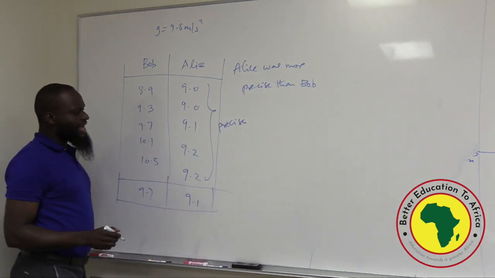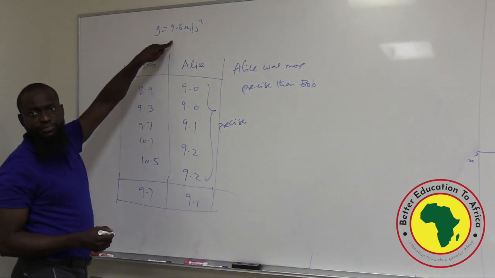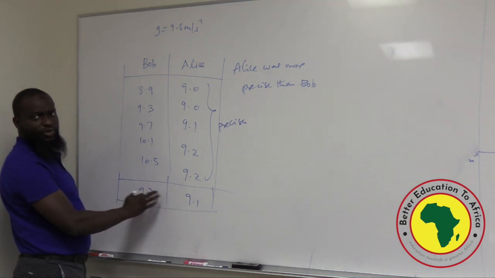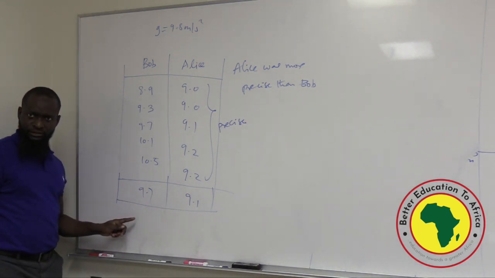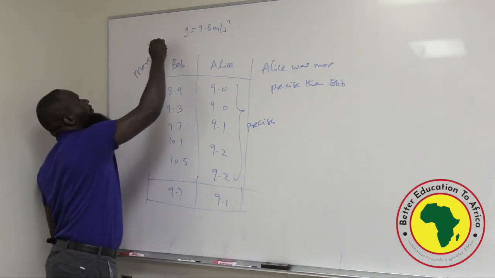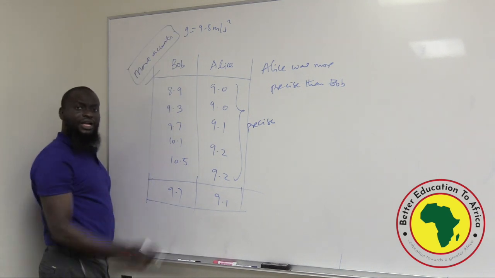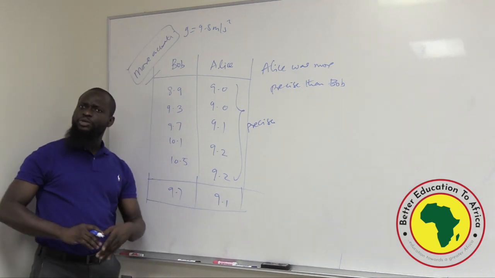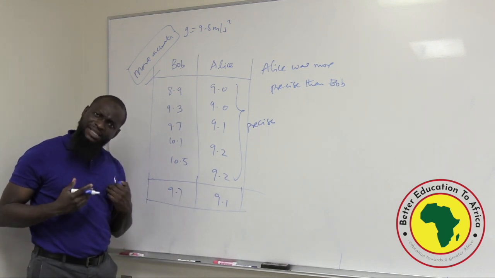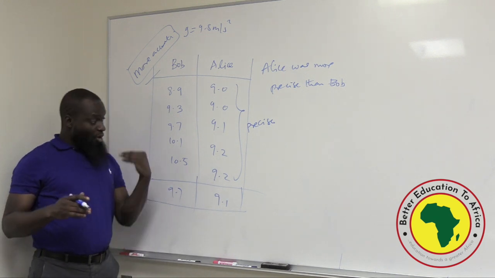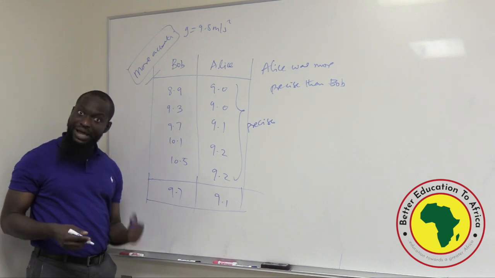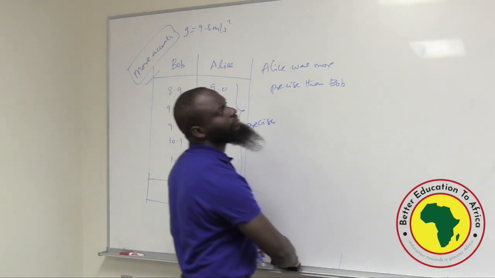Now, let's look at what we are looking for. We want to measure acceleration due to gravity, 9.8 meters per second squared. After taking the average, whose value was close to 9.8 meters per second squared? Bob, 9.7. So Bob was more accurate. Bob's result was more accurate than Alice's result. So sometimes you can be accurate but not precise. Sometimes you can be precise but not accurate. But our aim as physicists, as experimentalists in the lab, is to be both precise and accurate. So we want to be both Bob and Alice. Okay? Now,